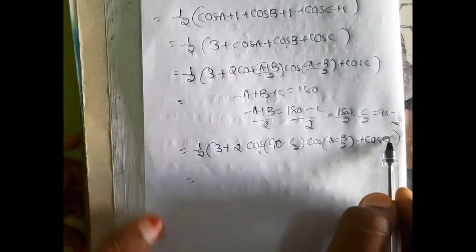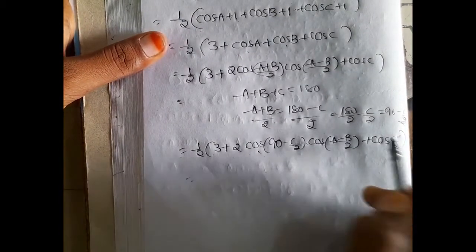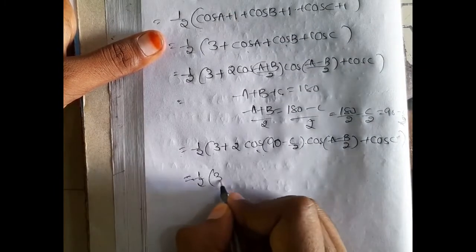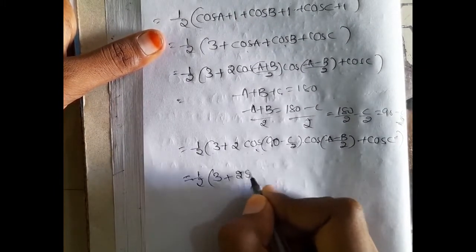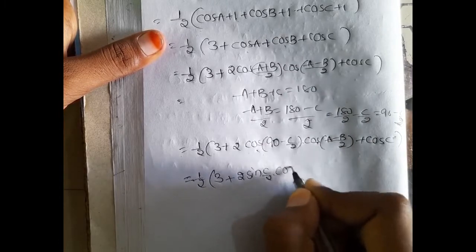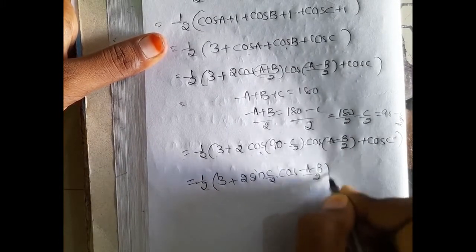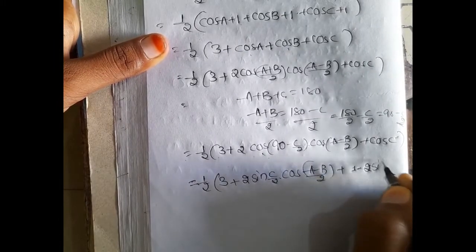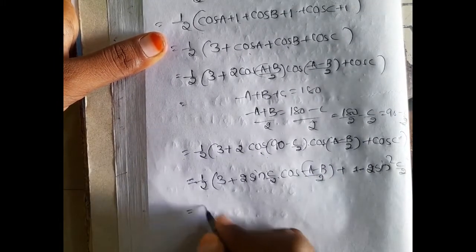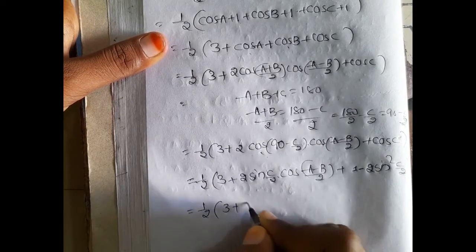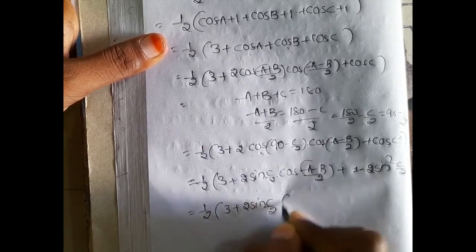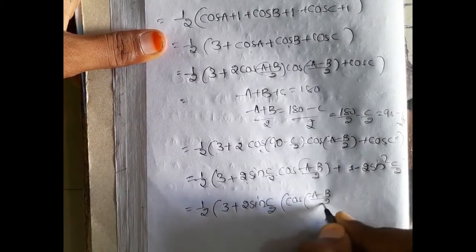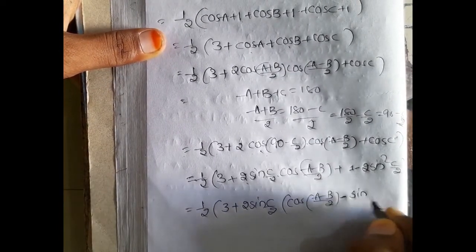So we should write it in the form of sin itself. You should understand it here itself. By doing all the problems you can understand that automatically. 2 sin c by 2 cos (a minus b) by 2 plus, here we have sin, so it should be written in terms of sin. 1 by 2, 3 plus 2 sin c by 2, taking 2 sin c by 2 as common, cos (a minus b) by 2 minus sin c by 2.